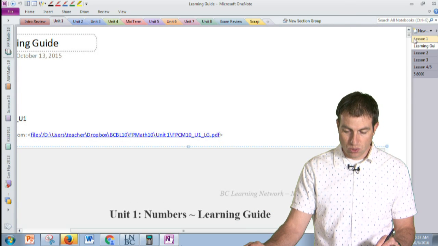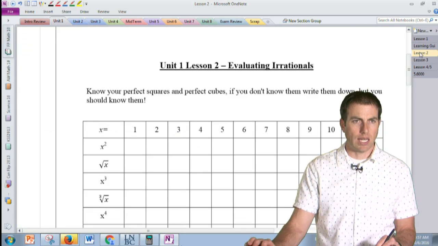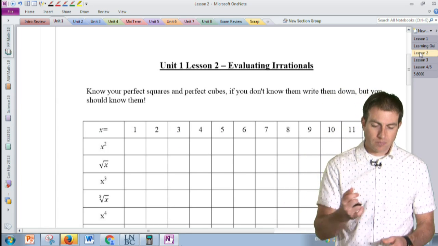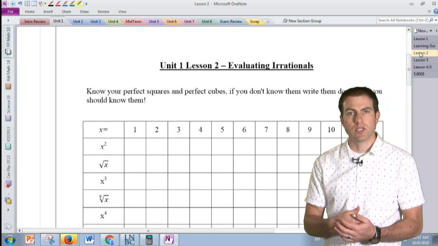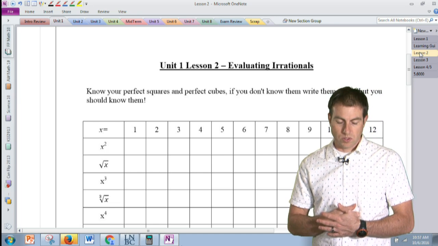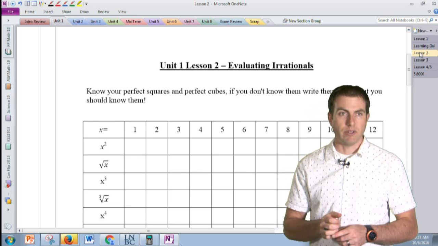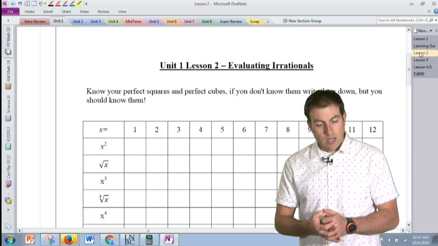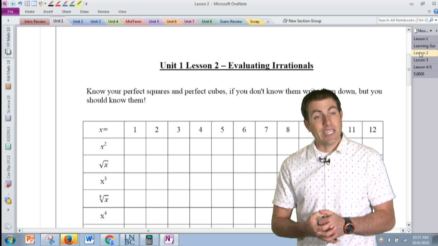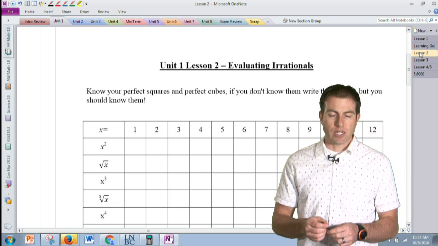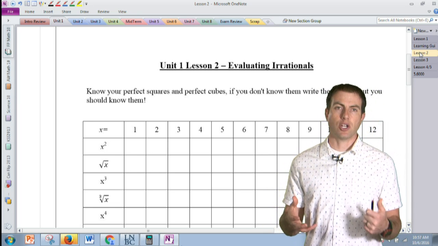What I'm going to do is, because we still have lots of time left, I'm going to jump into the second lesson, and we'll look at a few of these questions, and then we'll see where we end up. It is 11 right now, so we have about 20 or 30 minutes left. This is evaluating irrational numbers. So not all of these are going to be irrational at first, but I have this chart at the top